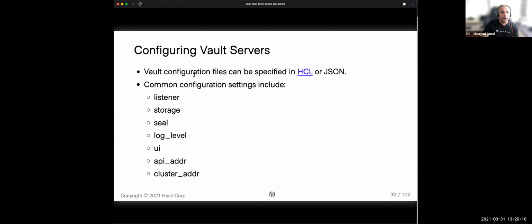Some of the things that you'll need to configure are the listeners. Do you want to listen on all ports, or change the default port? It's up to you. There's also the storage backend that's in use and the log levels. These are well described in the documentation. I won't cover them here, but as you can see, there are quite a few configurations you can put together to suit your production environment.